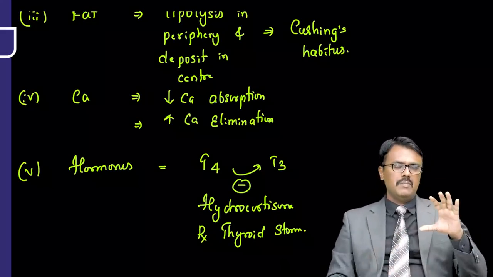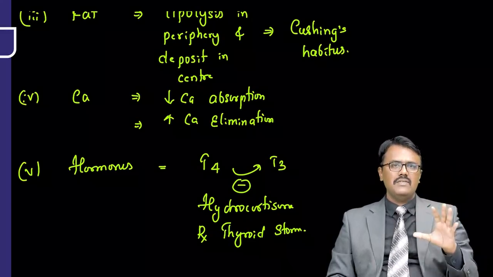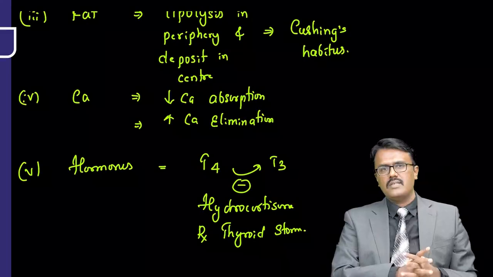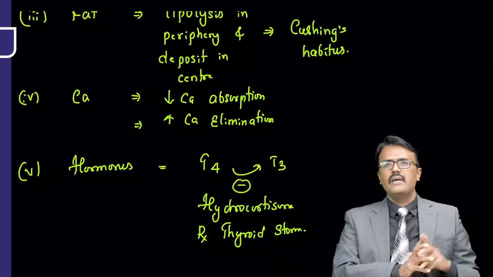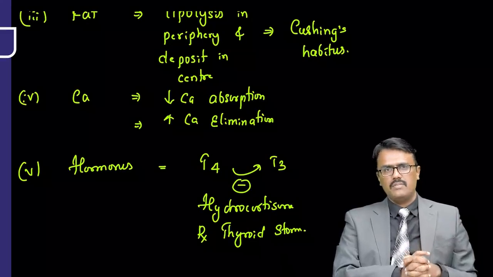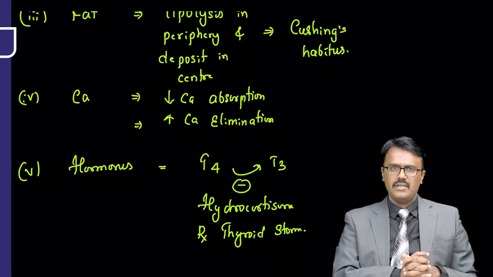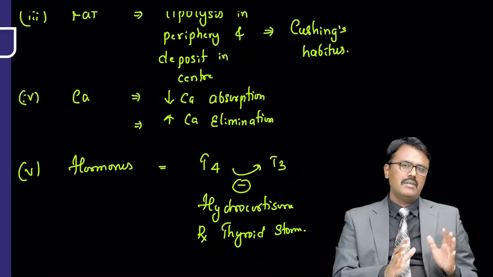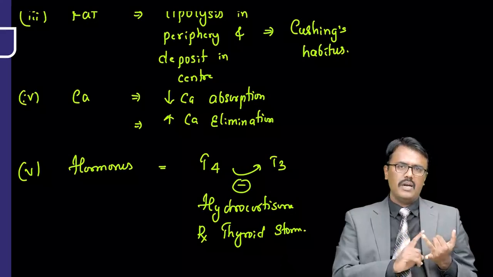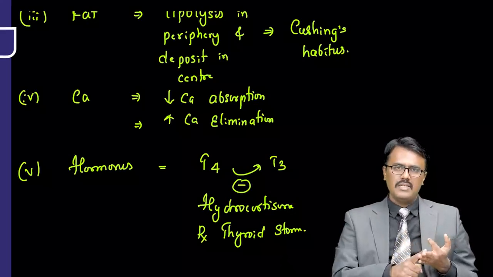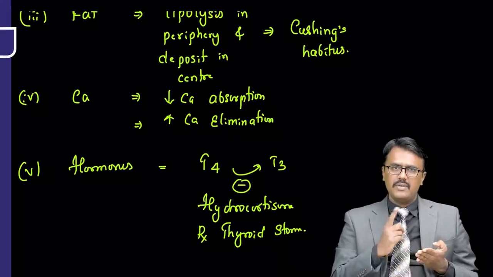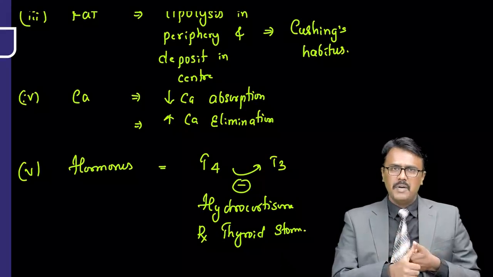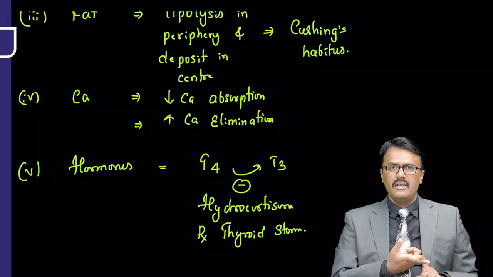So we go in a systemic manner: CNS, CVS, RS. Then we discussed what happens in the immunity, what happens in anti-inflammatory property. Then we discussed the metabolism in brief, right? So simply remember, steroids increase glucose, they break down protein, they decrease calcium and cause osteoporosis, they break down fat in the periphery, deposit in the center, they have anti-inflammatory property, they have immunosuppressant property, and respiratory, asthma and preterm